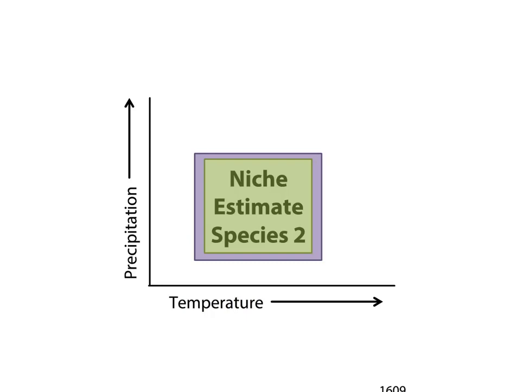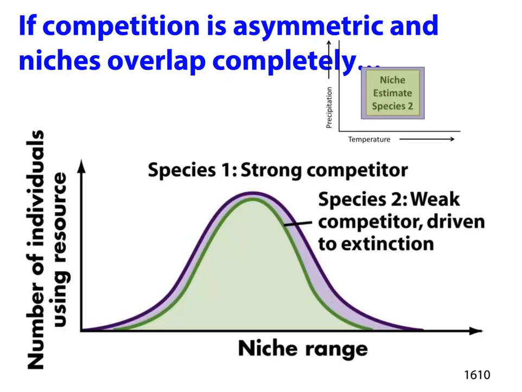So if you were to graph this in 2-dimensional space, where you have your niches for both of your species and they happen to overlap completely, this might be what it would look like, keeping in mind, though, that ultimately this would lead to change through evolution, because someone's going to get eliminated. So given what we've talked about, if competition is asymmetric and your niches are overlapping completely, your species 1 is your stronger competitor, species 2 is the weaker competitor, that's the one that will be driven to extinction. Okay, so just realize again that this is ultimately what's going to happen unless somebody can evolve and change.